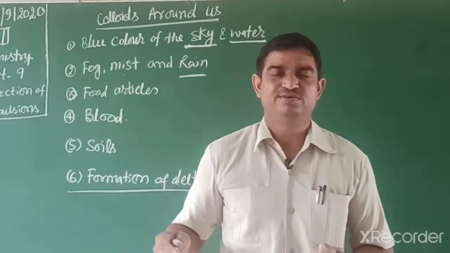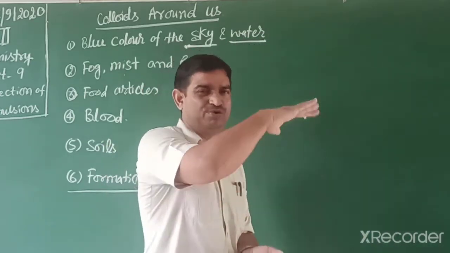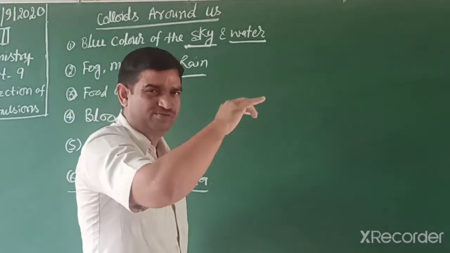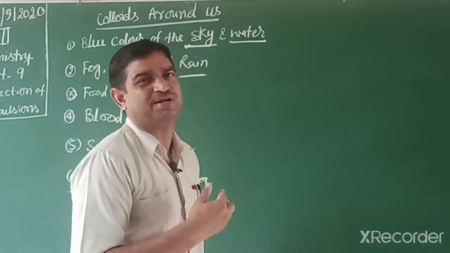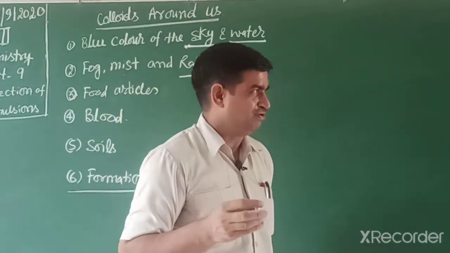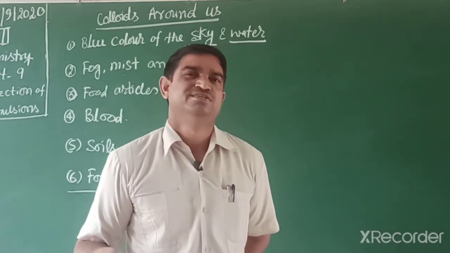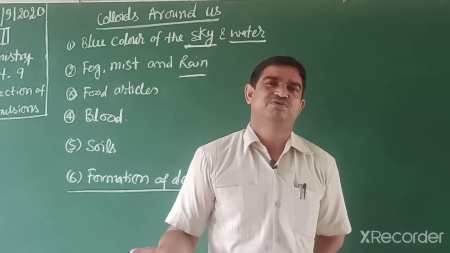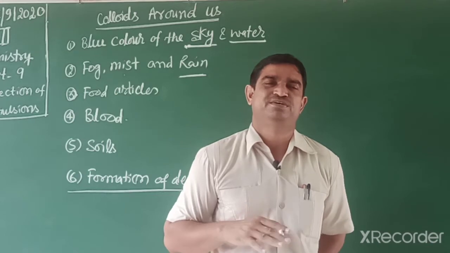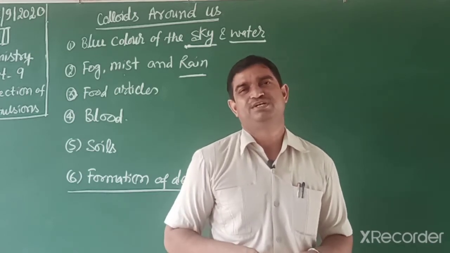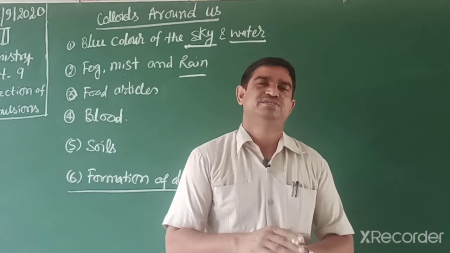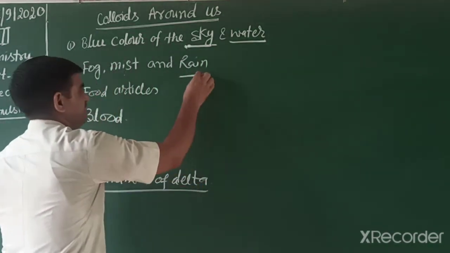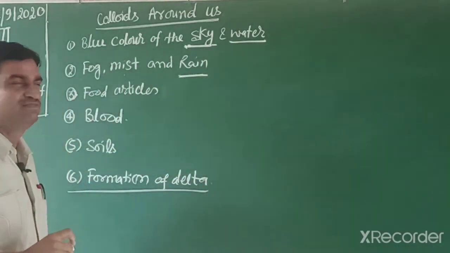Sometimes if we spray an electrolyte on clouds by aeroplane or helicopter, then what happens? Coagulation occurs. So we can say we can produce artificial rain. Students, you know, in the Beijing Olympics 2008, China sprayed electrolytes on the clouds, like silver chloride and other salts, sodium chloride. So we can produce artificial rain to clear the atmosphere around Beijing, where the Olympics were to be held. So we can produce artificial rain by spraying electrolytes.